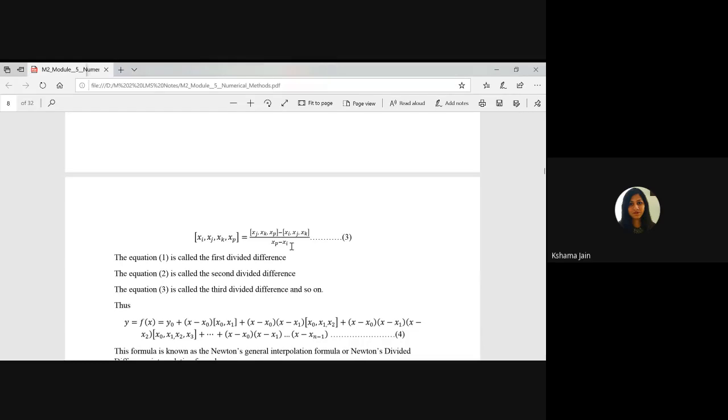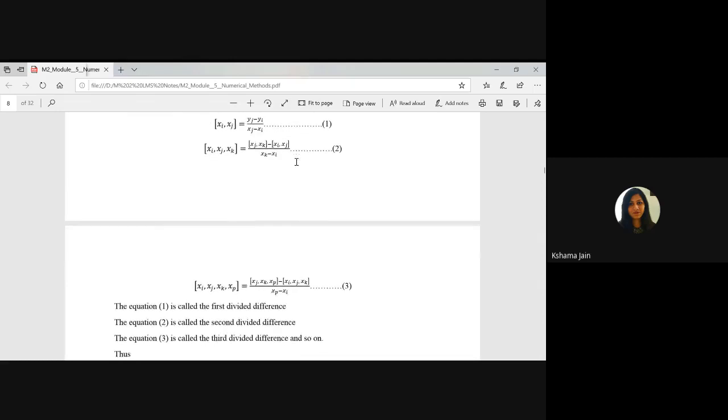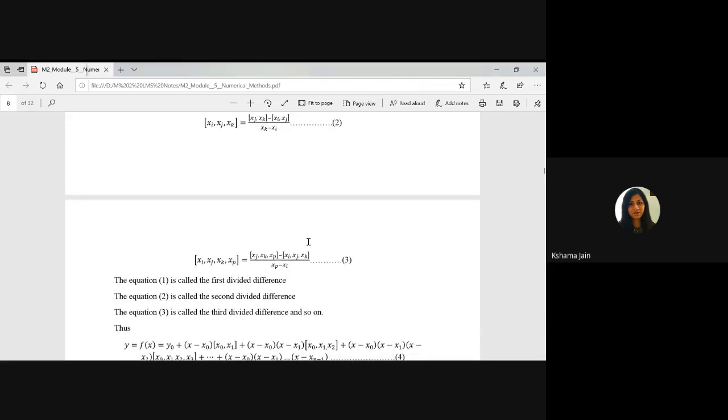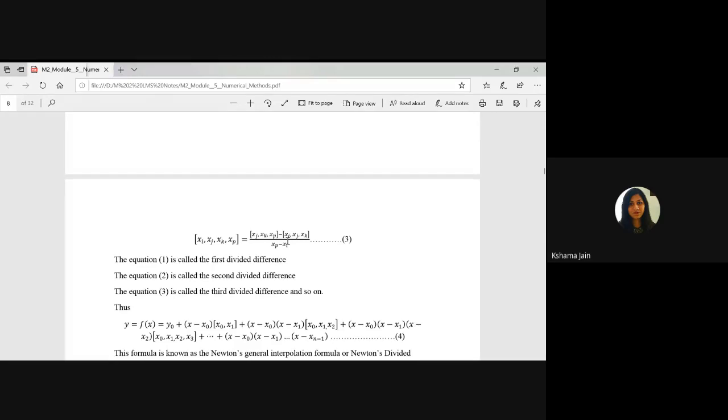Suppose n data is there. If I take five data, then I can make two subsets of four data: first four and last four. So last four minus first four, divided by last data minus first data. That's it. If you understood this concept, it is very easy to generate this formula. This is called the first divided difference formula because only two are there. This is called the second divided difference formula. The word divided is there because we are using division. And the third divided difference formula is this because you are taking three like this.